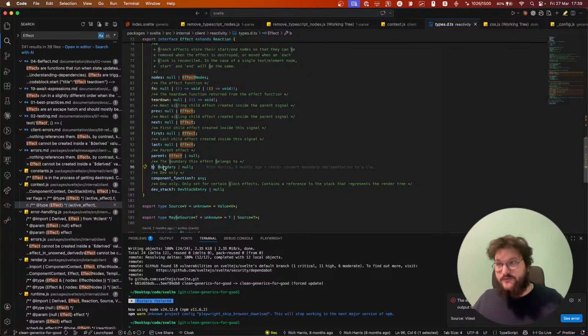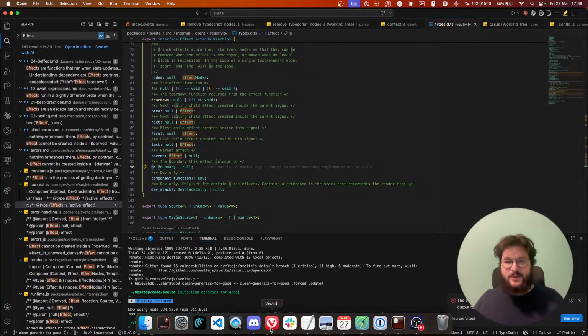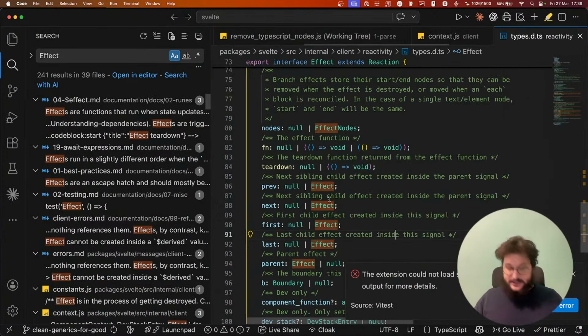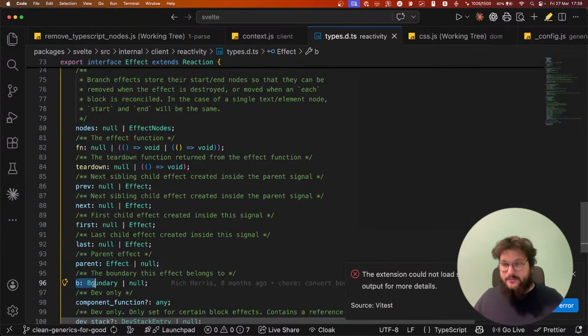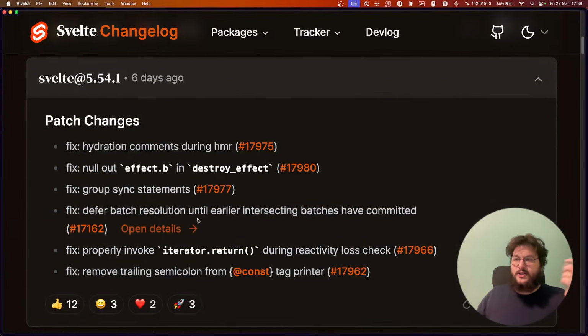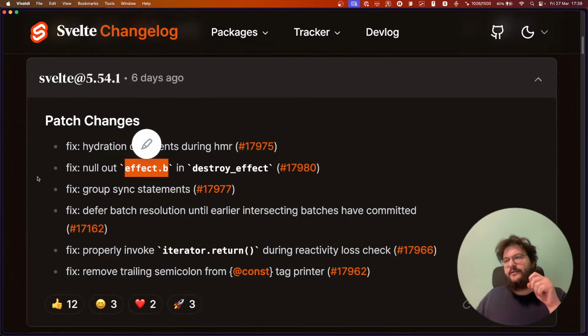Boundary was very long, so we made our experience a bit worse, but at least we ship a bit less code to the client. It's basically the boundary: when you create an effect inside a boundary, we populate this B with that boundary, and when we destroy it, we now also nullify effect.b.